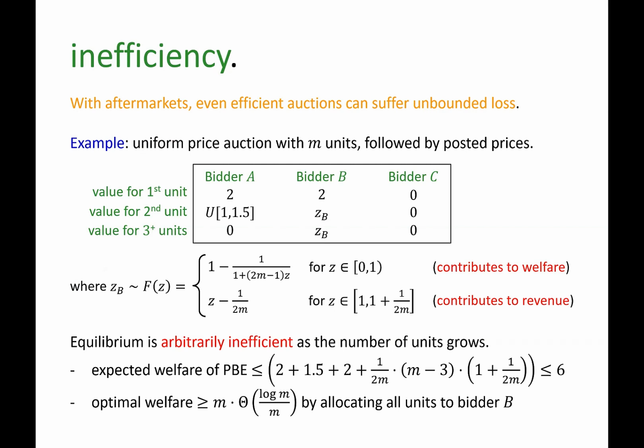So Nicole? Yeah. In that example, you mentioned the log M basically decay. Do you know that that's sort of roughly the worst rate that you can get welfare to decay with M? Yeah, good. So this is the worst case example that we have. In fact, this is a sequential equilibrium, so it's a very strong solution concept. Each player is playing an undominated strategy. And so this is the best example we have for that PVE.